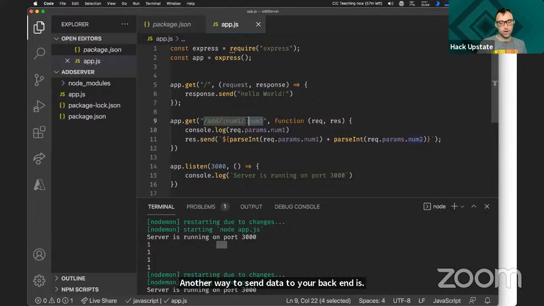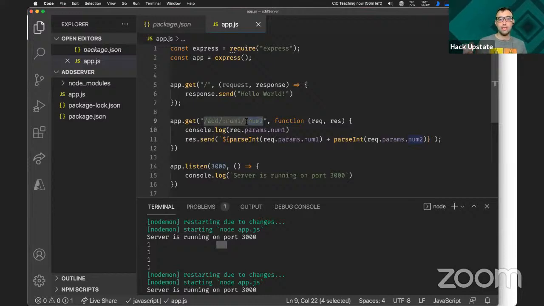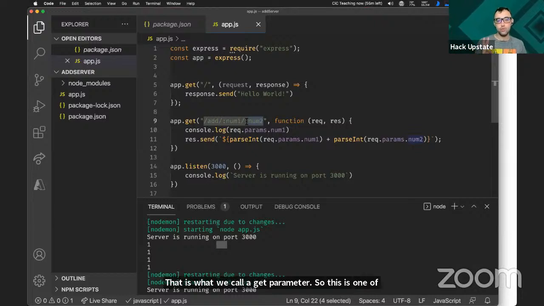Post, kind of on the right track. .then is handling it when the data comes back. It is, we are using a get right now. What we're looking for, I think, Dominique, you're on the right track, is a get parameter. Do you remember when you put a question mark in your URL and then you could add in some data after it? That is what we call a get parameter. So this is one of 3 ways we're going to cover to send data to the backend. It's actually a 4th, which is data in your headers, but we're not going to go too far into that.